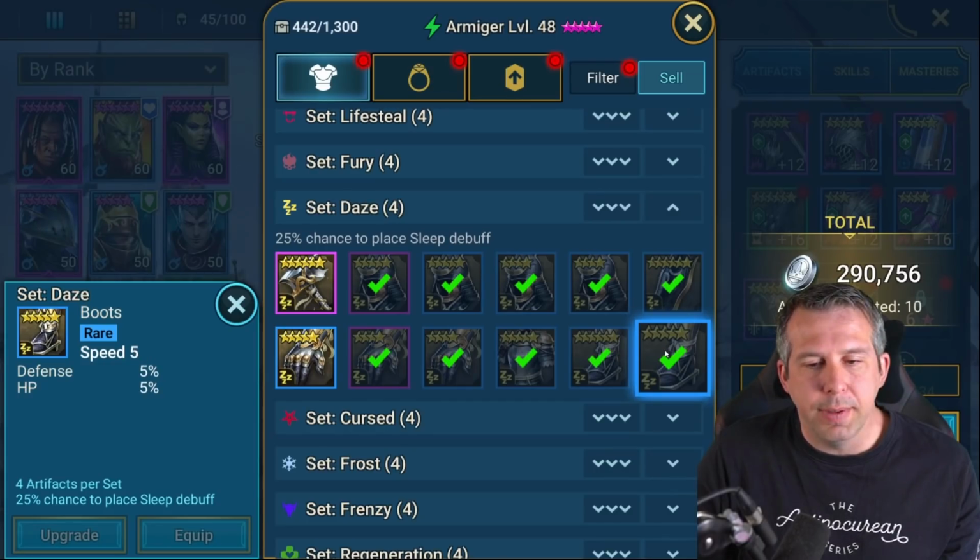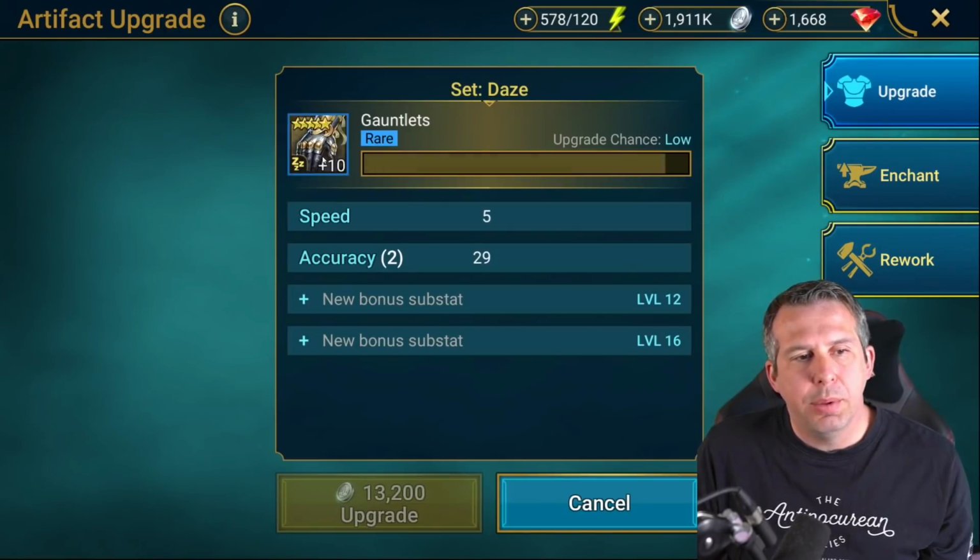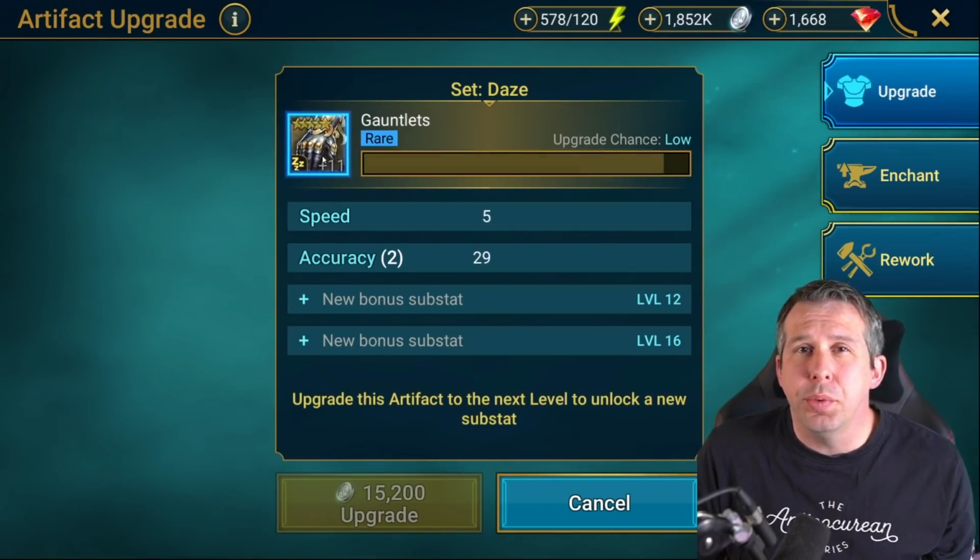5-star, again, speed boots with good defensive stats. That's a good piece and could be good for a day set down the line. And then we're doing it here. We're rolling up the crit rate gloves because they're going to be a useful set of gloves for someone on